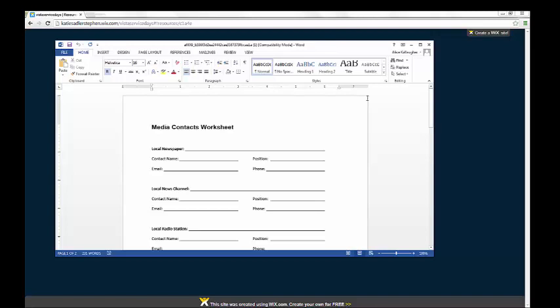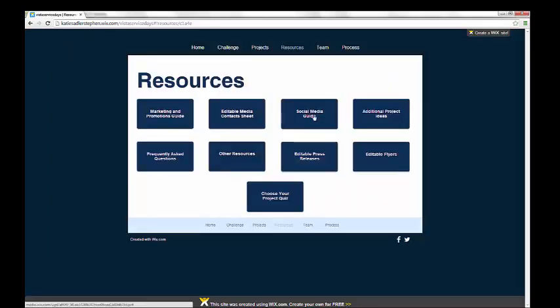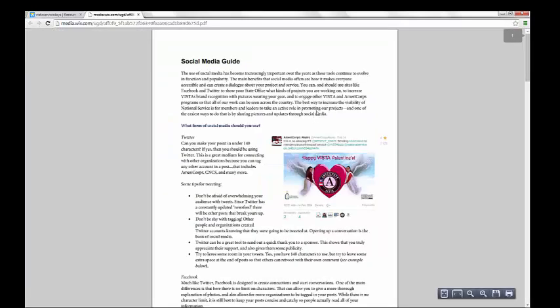And speaking about getting some awareness out there, that leads right into our next resource, which is the Social Media Guide. And again, this document focuses on generating attention for service day projects, but the information can also be applied to any aspect of VISTA service. This document basically outlines best practices and tips for posting on Facebook and Twitter. And hopefully you'll see in a minute that it's illustrated with some fun visuals.